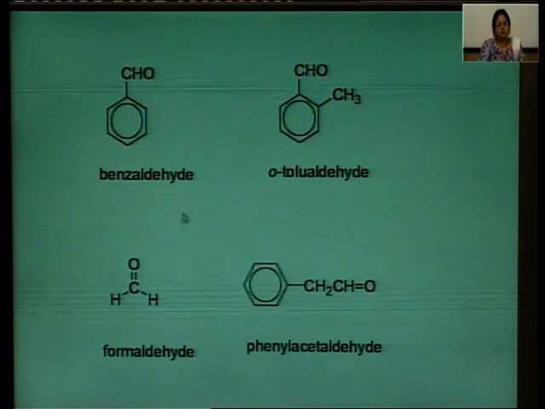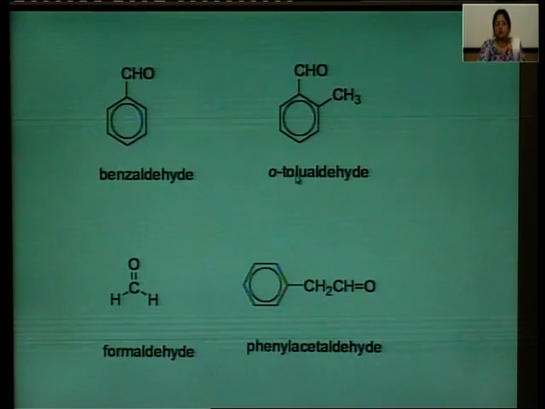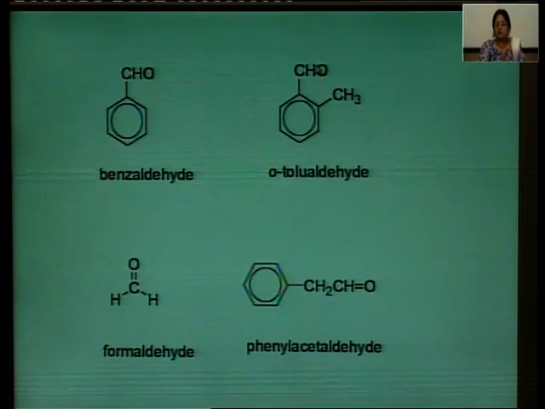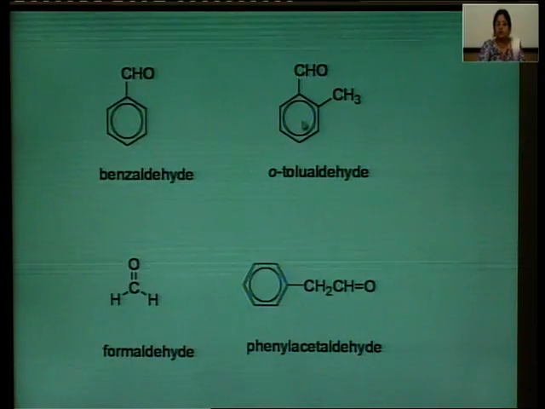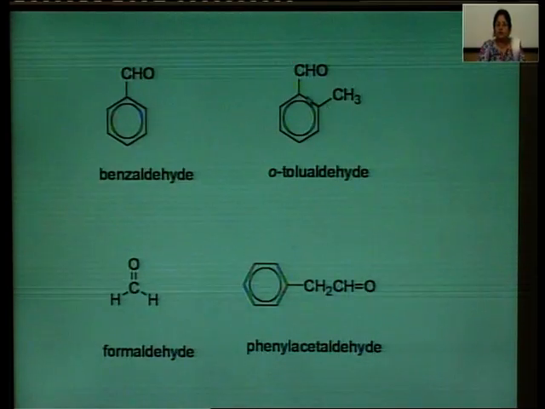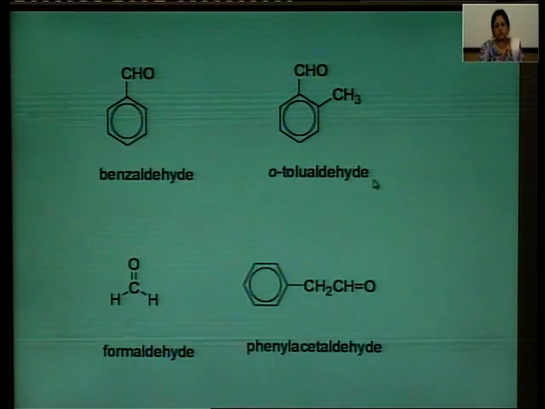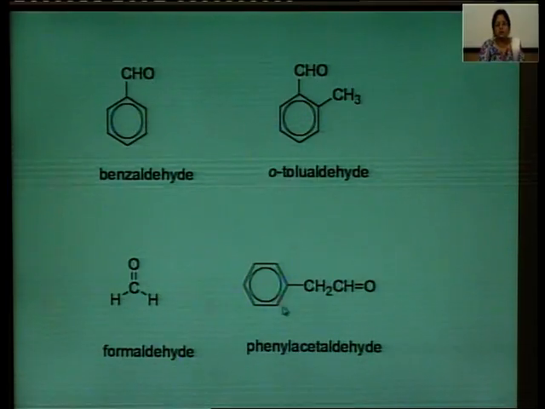These are other examples of aldehydes like benzaldehyde and orthotolualdehyde. From where has this name come? The benzene ring bearing a methyl and no aldehyde is known as the toluene group. Once one aldehyde group is attached to such a ring, the name given to that compound is tolualdehyde. Now the aldehyde group and methyl have ortho position with respect to each other, that is why the full name is orthotolualdehyde. This is the first member of the series, that is formaldehyde,